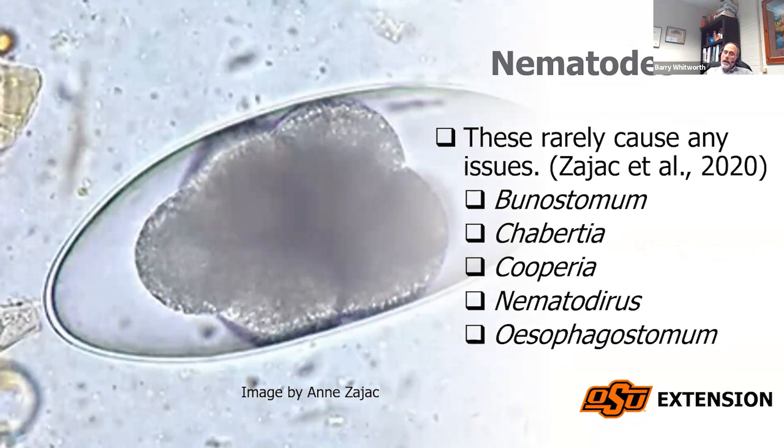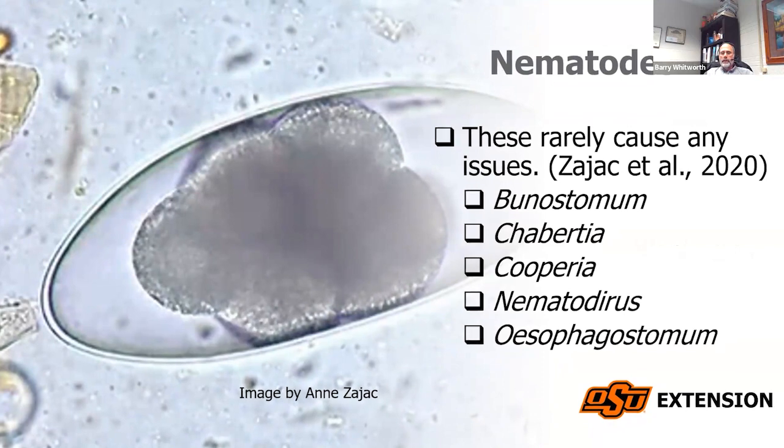Nematodes might cause problems if you lived up north, and I'm in Oklahoma, so I'm kind of speaking from my Oklahoma roots here. It would be very unusual that we'd see a problem with this egg, the one in the picture right here. It's really fun to find. Again, it's kind of like Trichuris. It's the largest egg that we will find in most of the fecals that we see.